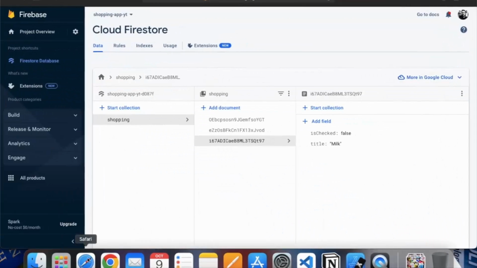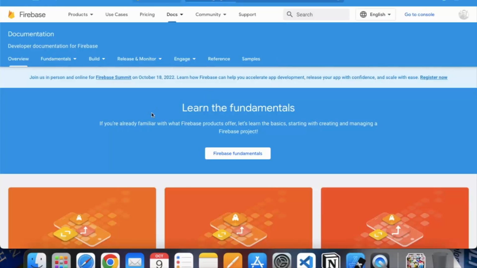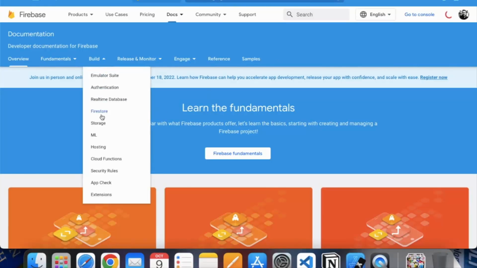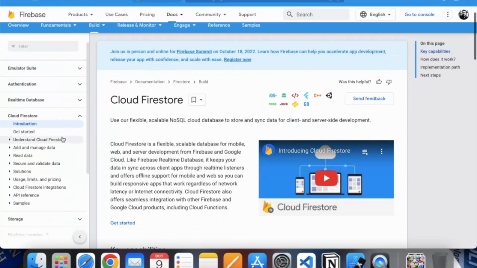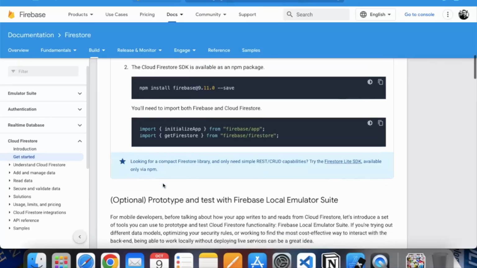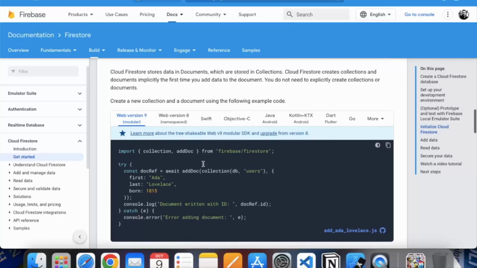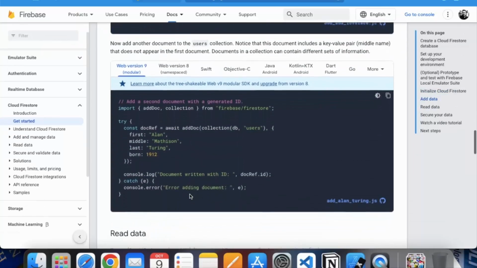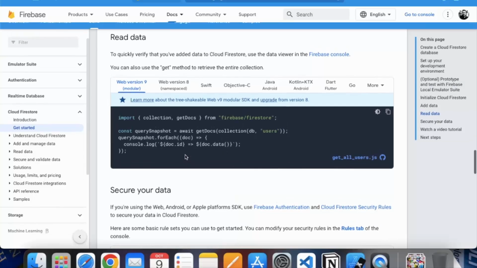So first of all, go to your console and click on go to docs. Here you can click on build and click on Firestore. Here go to get started. So we implemented this in our last video to add the data. Now to read the data, we need to implement this. So first of all, we need the getDocs function. So we will just copy this